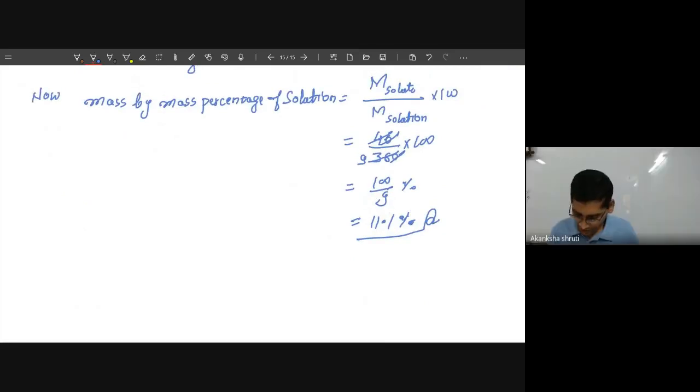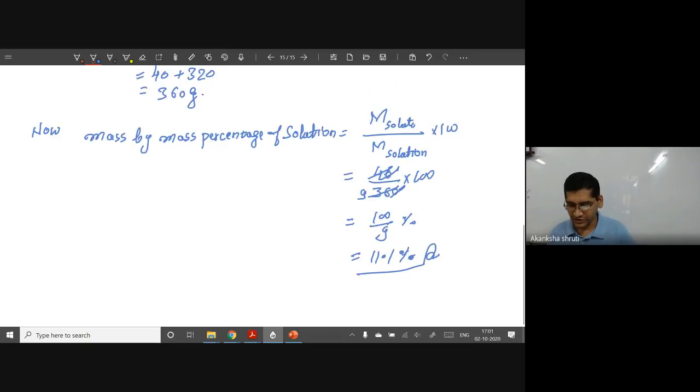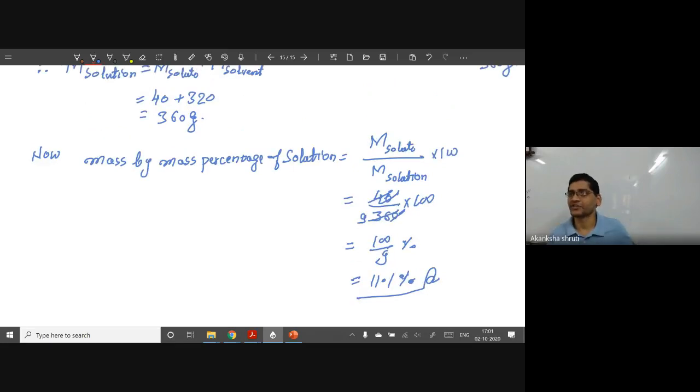Another small topic that we will discuss is how this solution or dissolution varies with temperature. If you increase the temperature, the solubility increases. Types of solution, saturated and unsaturated, those things we have to write a bit more.